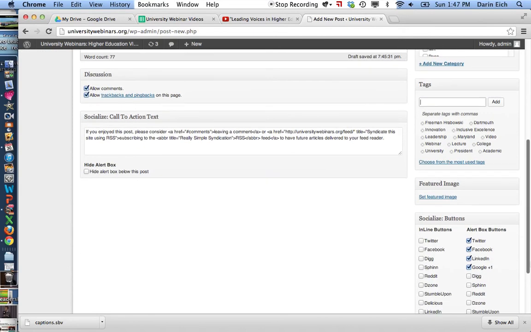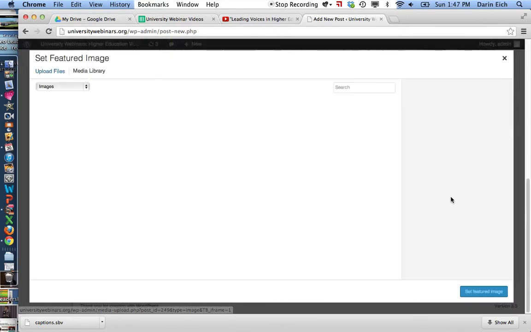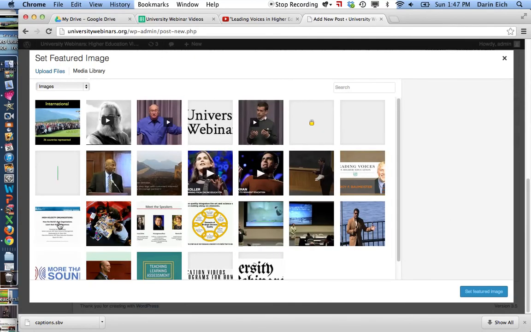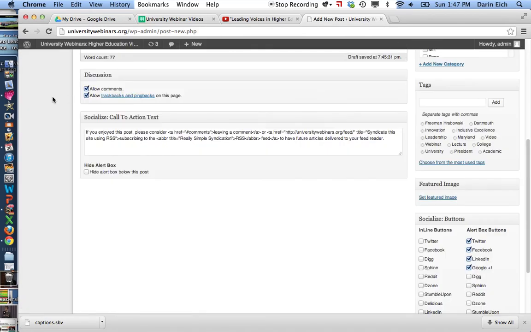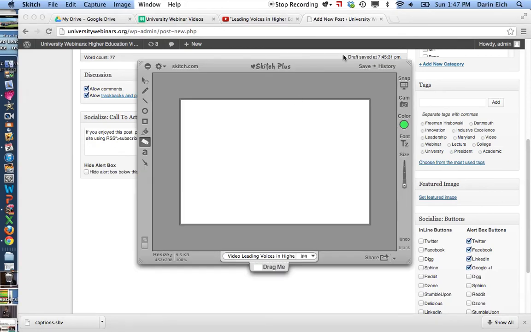So now I'll scroll down and it's time to create a featured image. So I'll click this set featured image. And what I need to do is I need to upload a featured image. These are the ones we've created before. So what I do is I use a screen capture software called Skitch. You can see me on this red heart, Skitch. Open it up, and this is really nice because it is easy to give you a title and easy to